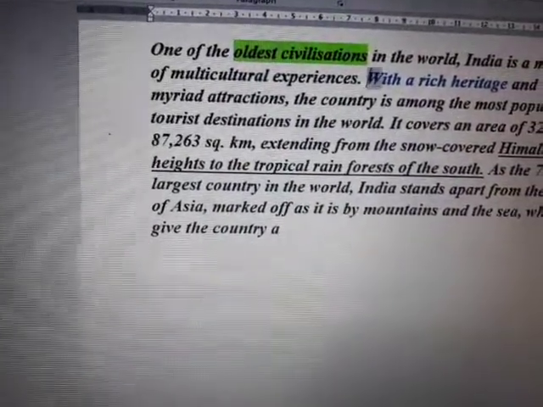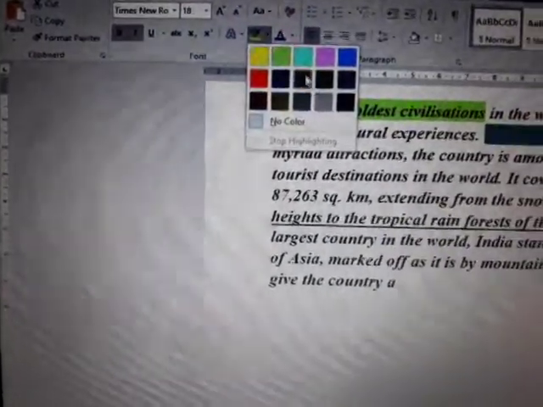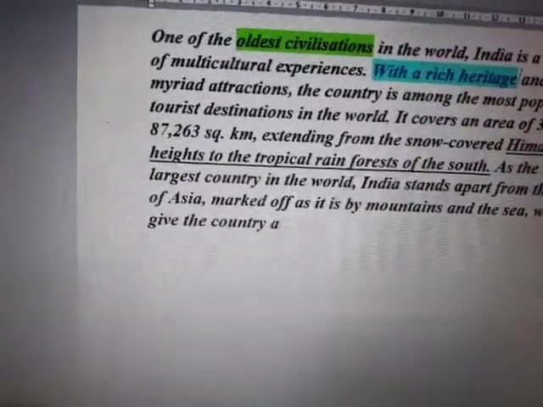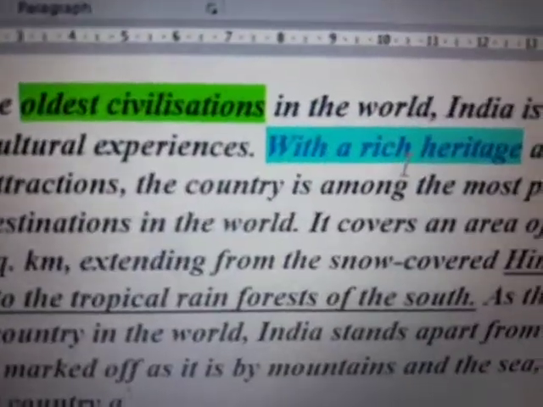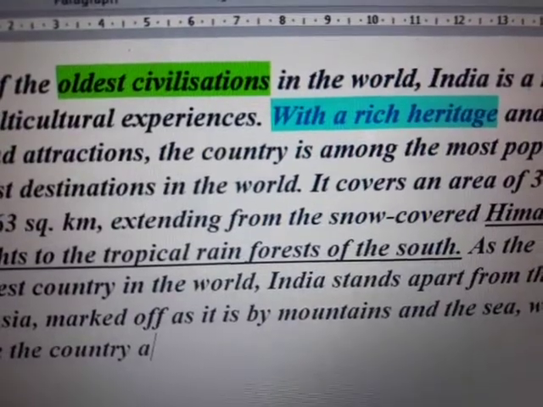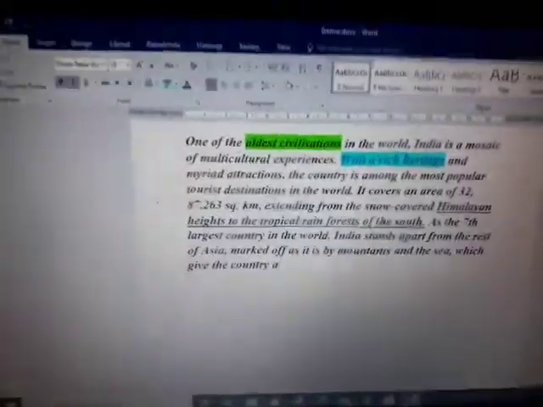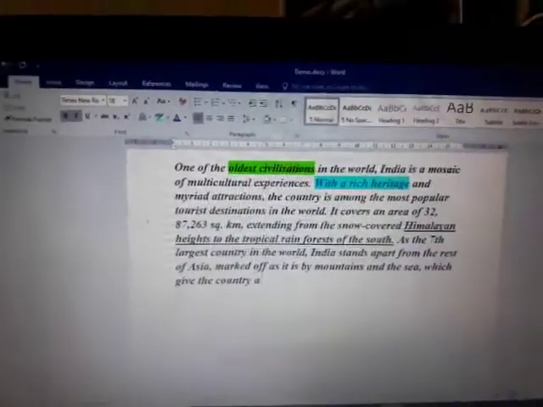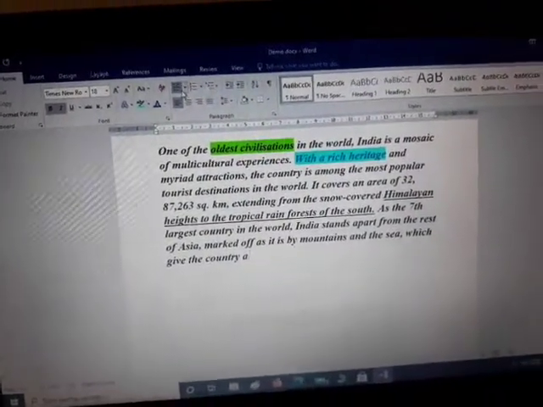You can as well highlight it. See, the text is dark blue. Now it's clear, the text is dark blue and it got highlighted with light blue, aqua blue or something. So if you want to highlight any point, you can use whatever is necessary.